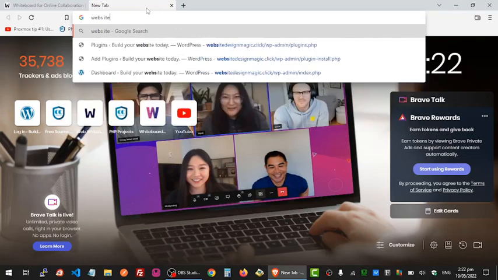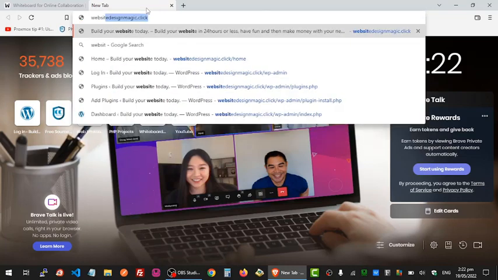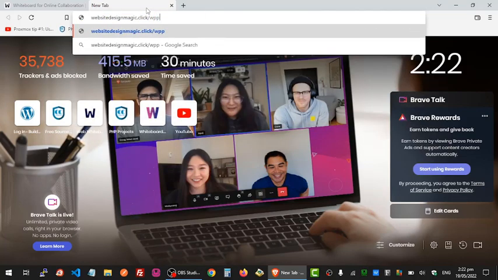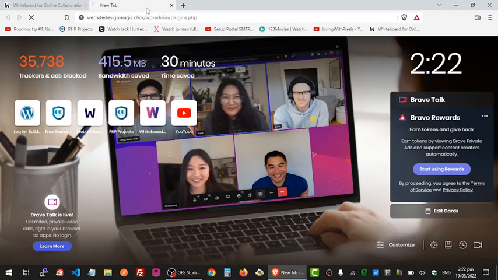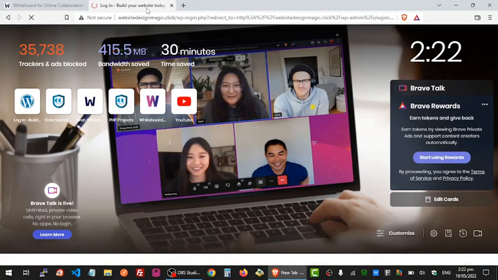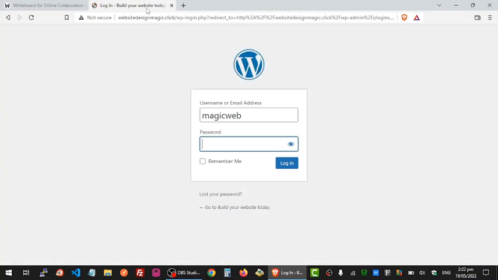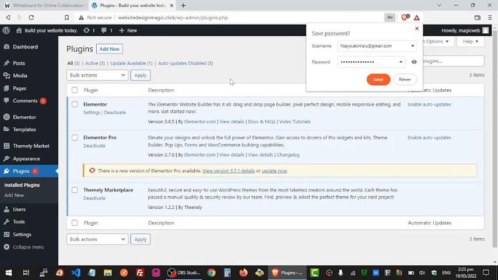So I go back to websitedesignmagic.click/wp-admin, and then I log into my dashboard, and then we now work on the page that we created earlier. So just put in the password. Now, once we are logged into our admin panel, notice that our Elementor is active and our Elementor Pro is